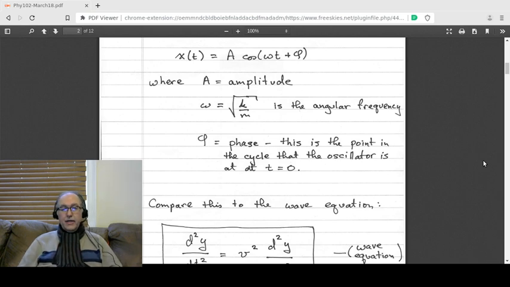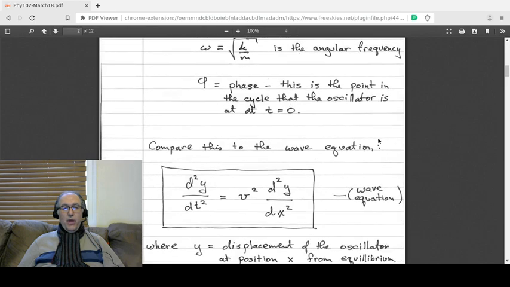And then phi is the phase, okay? Now, we didn't have that last semester, but I thought I'd throw it in here because you're going to hear me talking about phase when it comes to waves every once in a while. But basically all it is is at t equals 0, what point in the cycle are you at? So last semester we just said it was at maximum displacement at t equals 0, and so phi was 0, but you could be anywhere in the cycle. And so phi basically says, where in the cycle do you want to start? Okay, not that important, but you can add it in there. All right, now